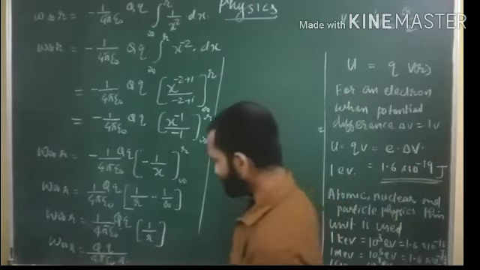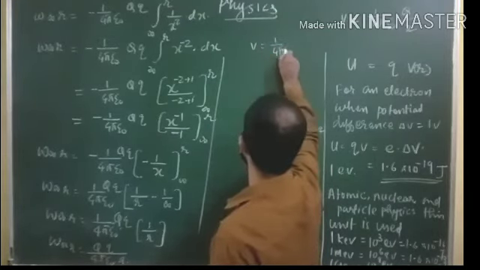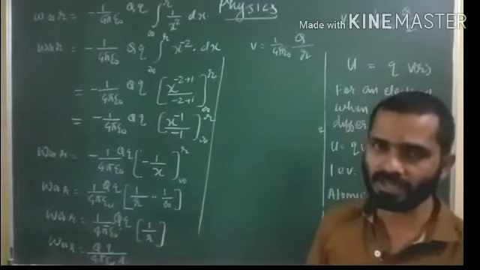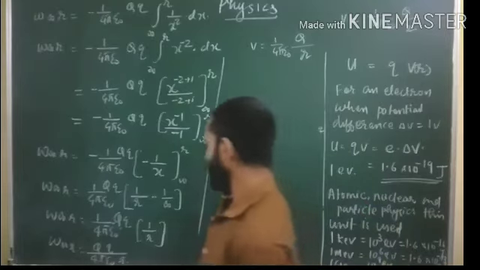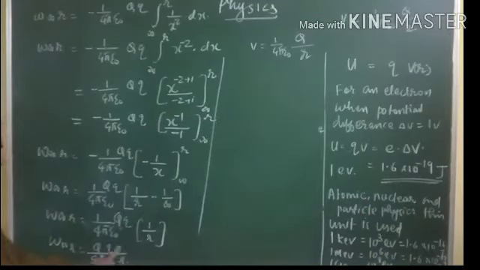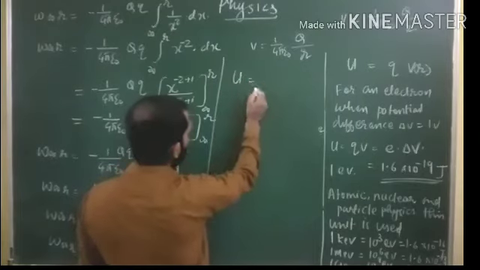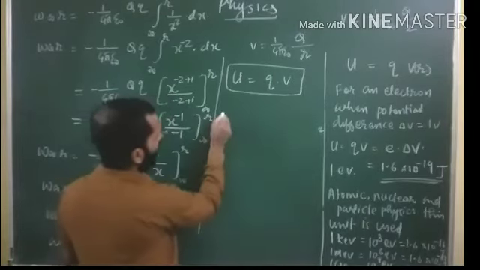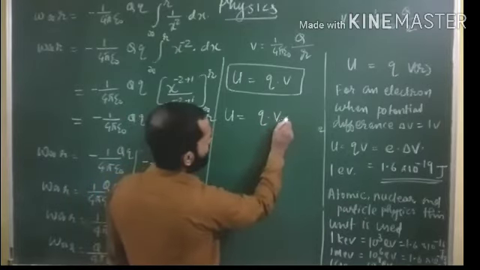Now here see students, in this equation, what is V? V equal to 1 by 4 pi epsilon naught q divided by r. The potential we have studied is equal to 1 by 4 pi epsilon naught q divided by r. So here q divided by 4 pi epsilon naught into r, for that we can substitute V and then this q. So what we get is the energy will be equal to q into V. So we are getting the equation, potential energy will be equal to q into V at r.